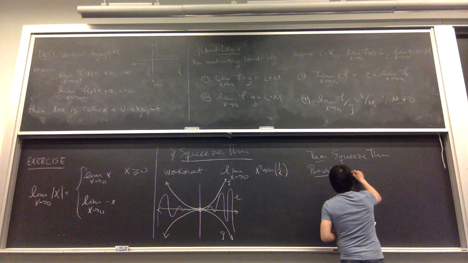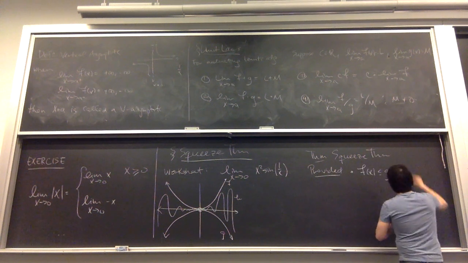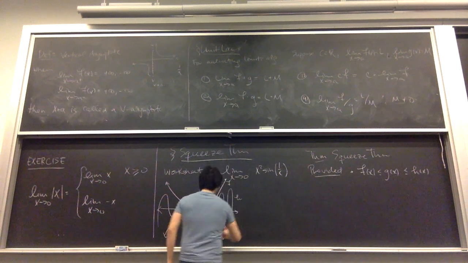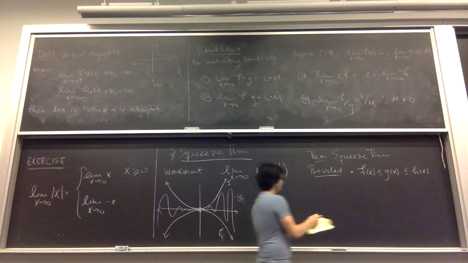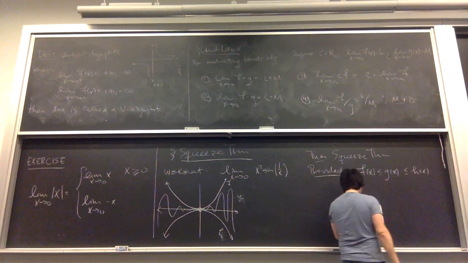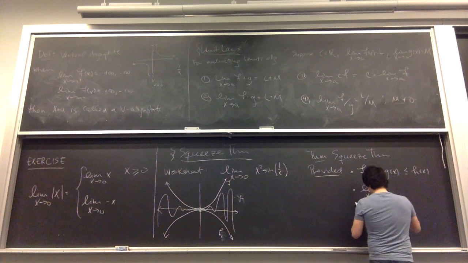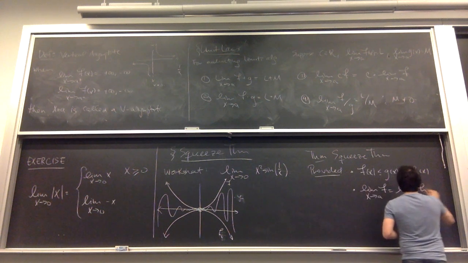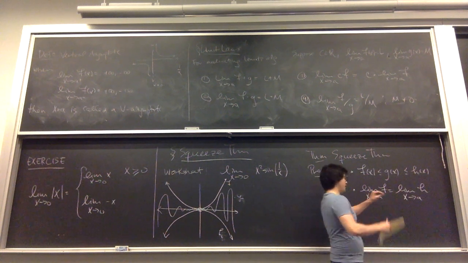So provided f of x is less than or equal to g of x, which is less than or equal to h of x. I think I maybe have mislabeled this. This should be f, this should be h. This should be g. Okay, so provided g is actually caught in between these two functions, and provided the limit as x goes to a of f is equal to the limit as x goes to a of h. So the limits of both of these functions have to exist, have to be equal. Then